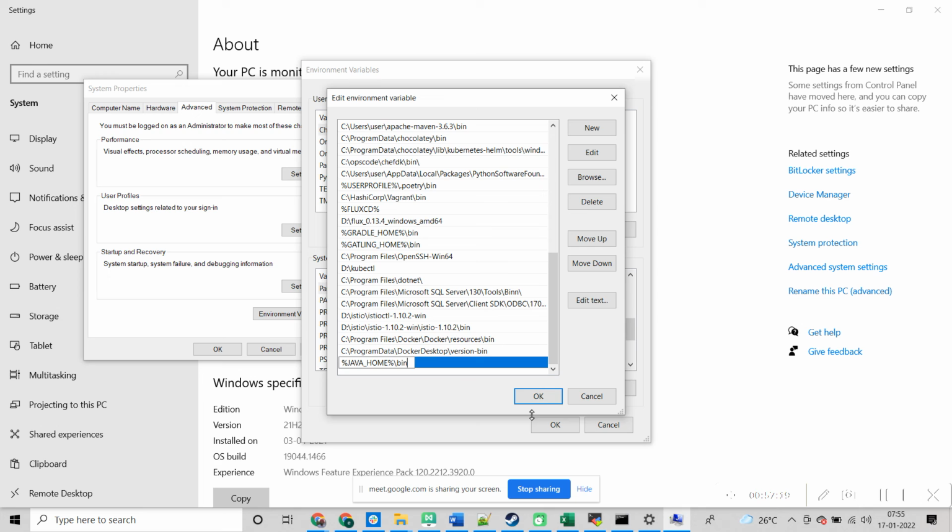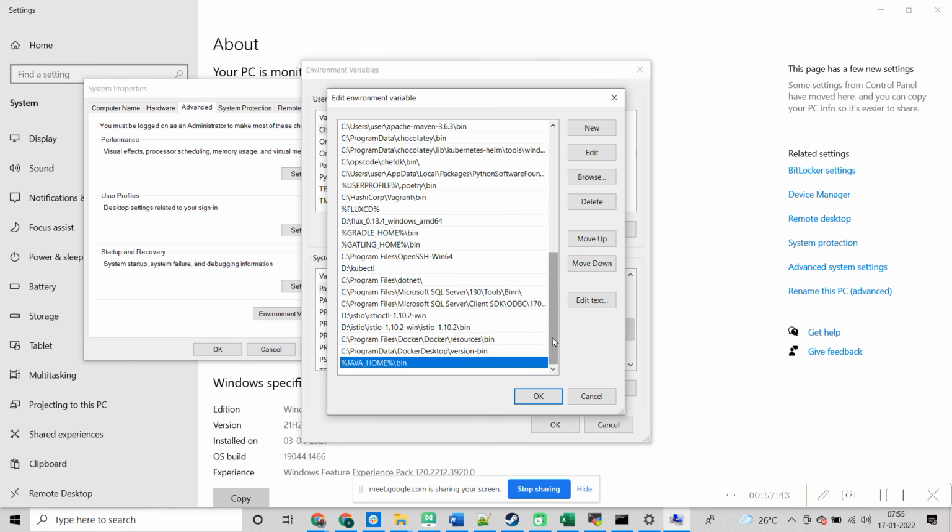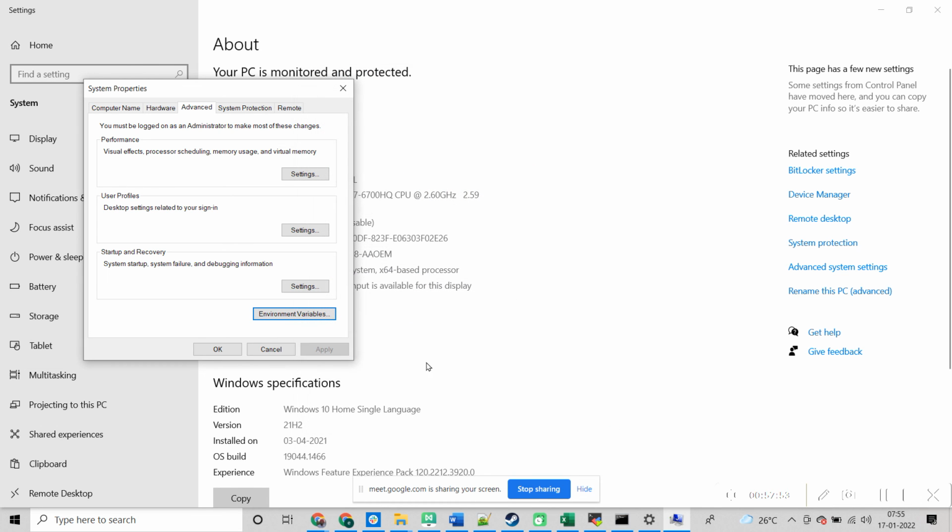I have to give the backslash now. Have you saved it? Just say OK after that. And don't change any other record, otherwise your system will become corrupt. Save means OK. Okay, I'm canceling since I was doing it for you.